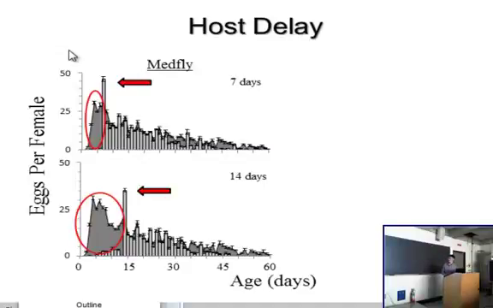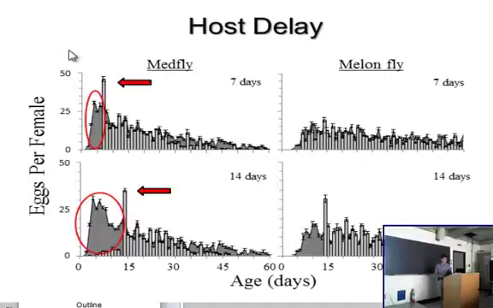In the melon fly, we see a slightly different result in the 7-day deprivation period, where the reproductive rates are almost identical in the treatments and the control. That's because the melon fly didn't reach reproductive maturity until later in the deprivation period, so it didn't have time to develop those eggs and then retain them. So that's why we don't see the peak that's associated with the deprivation periods in the other two treatments. Now we do see that for the 14-day delay, and it follows the same pattern seen in the medfly, where you miss the period in which reproduction would be maximized, there's a slight spike, and then reproductive rates mirror that of the controls.